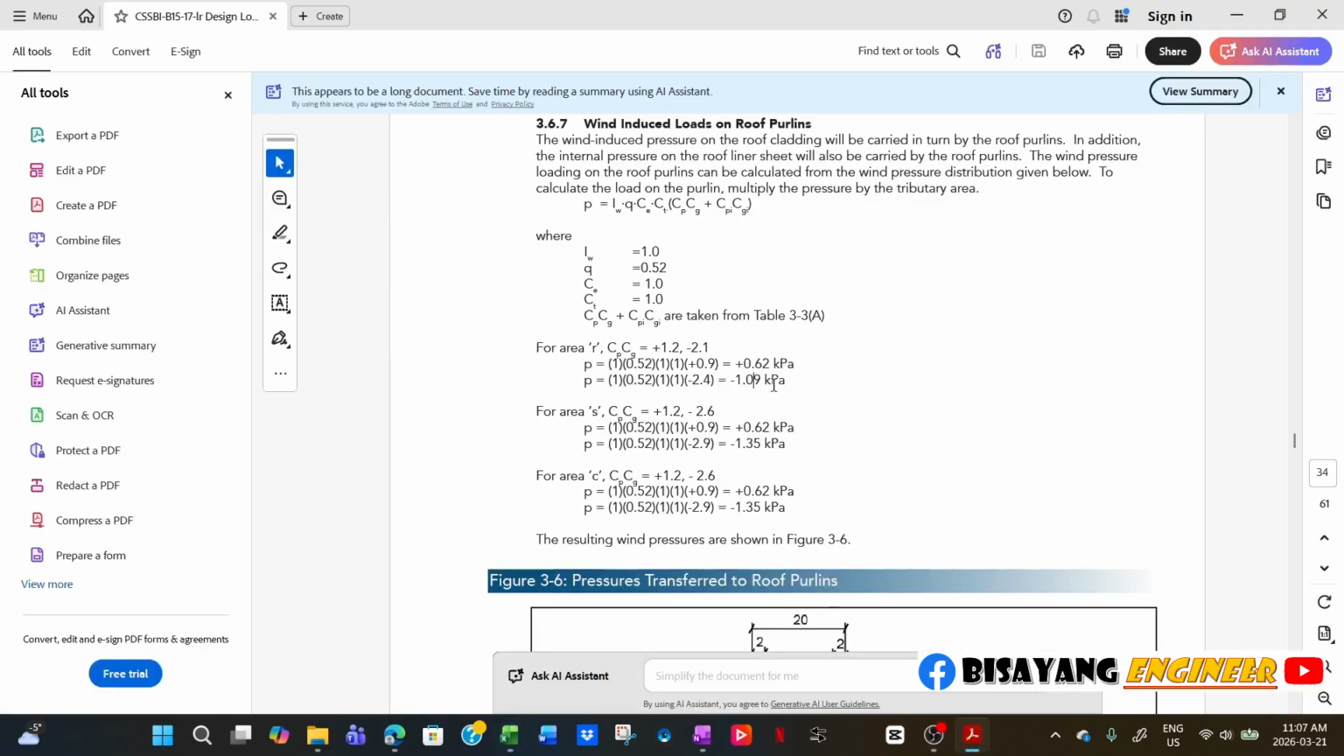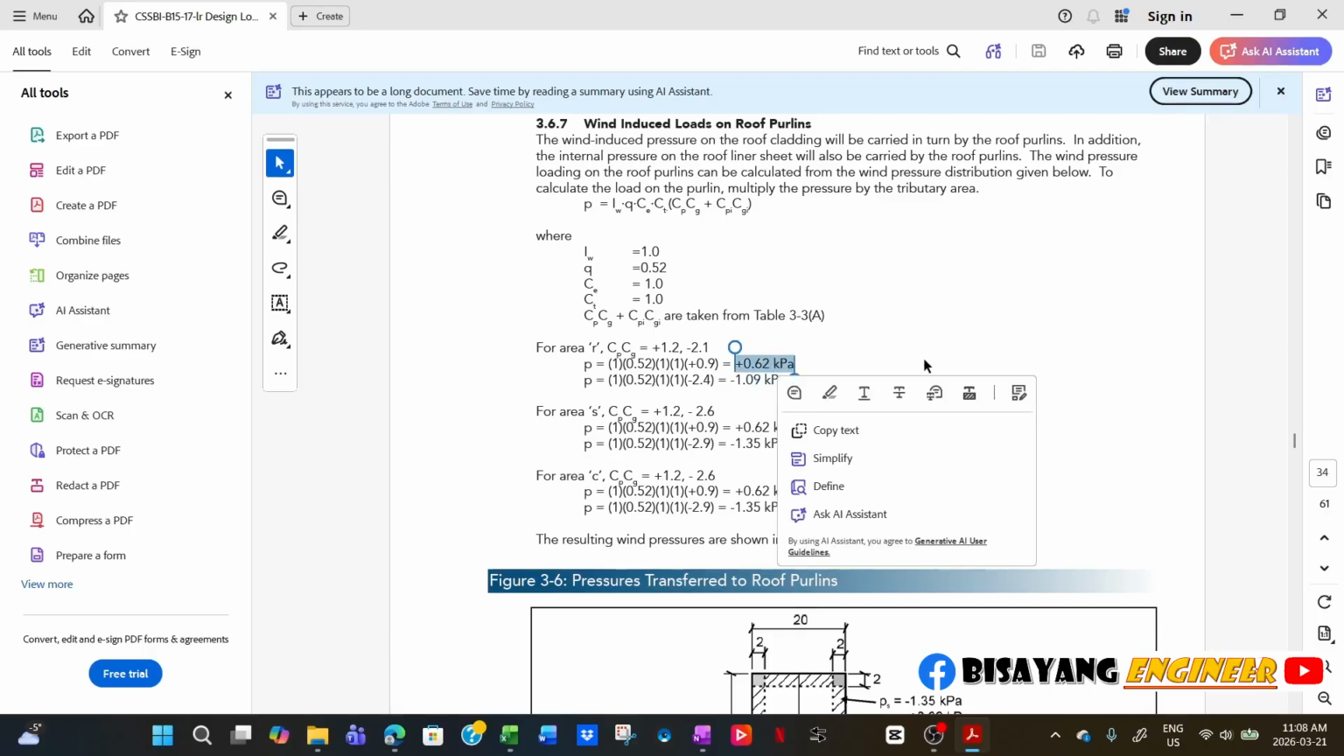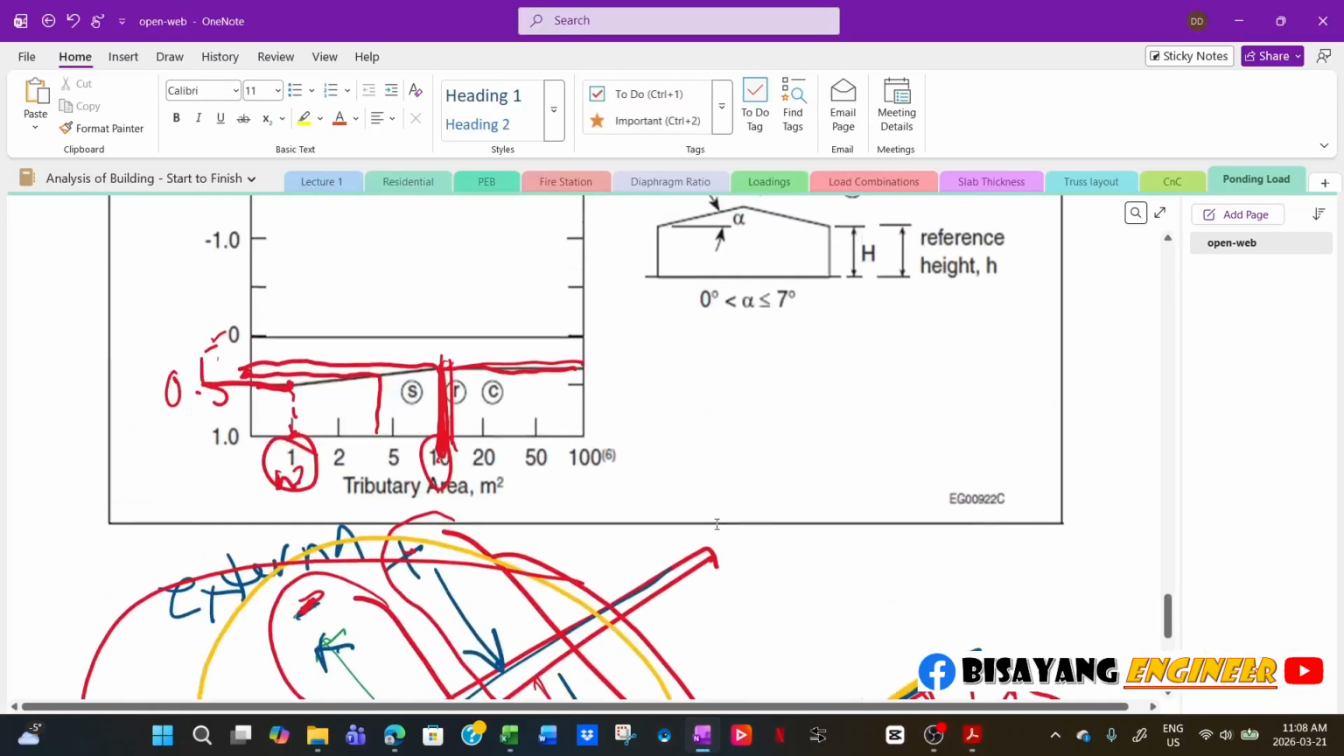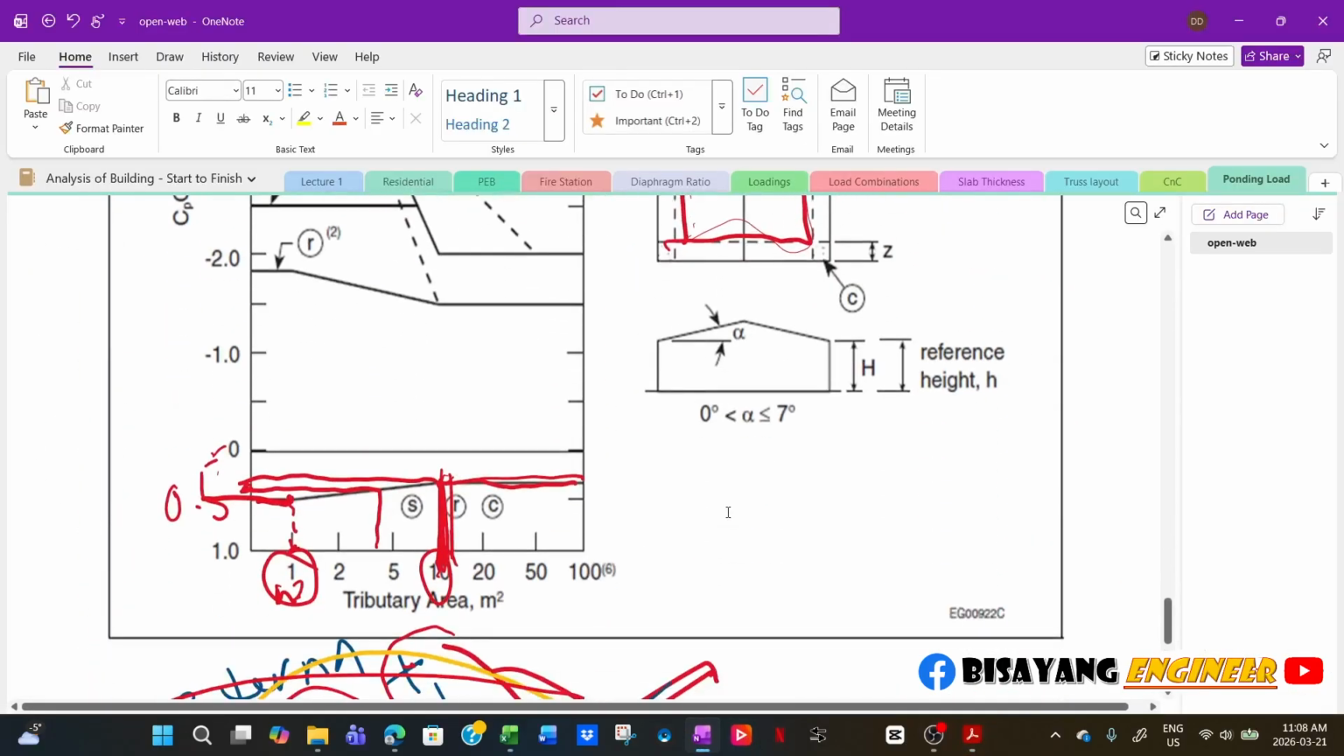Is it the same? 0.92, 0.62, 1.9. No, this one here. So that's the same. And then zone S is 0.62, 1.35. Now, if you notice, the positive value is the same for R, S, and C, because in the diagram,